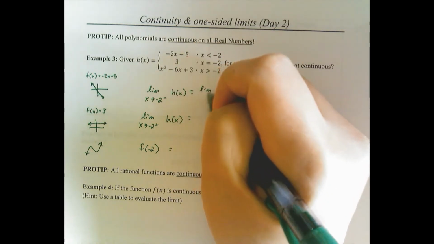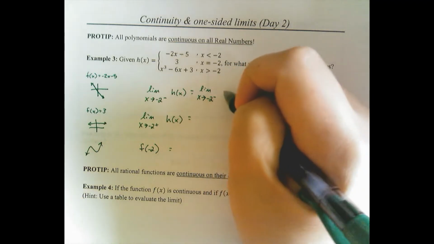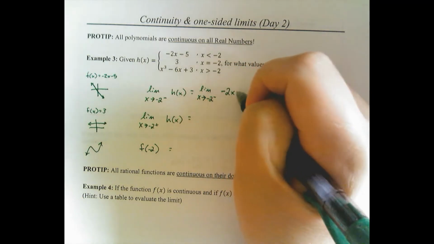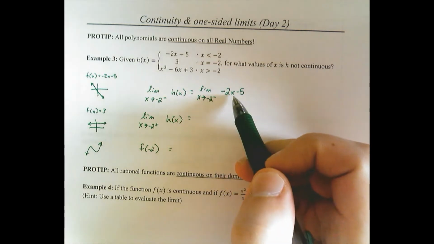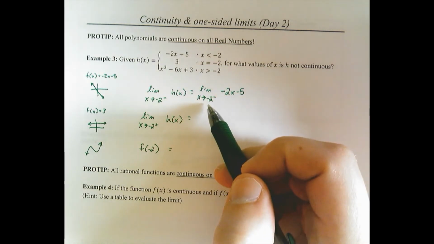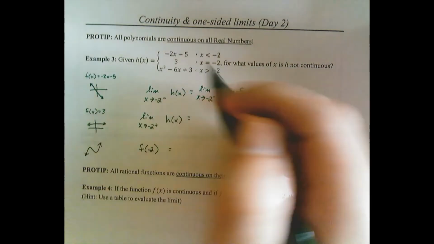So we are evaluating the equation negative 2x minus 5. Through a tabular approach, we could find the value of this. Direct substitution will work as well. Anytime we just plug this number in and get an answer that's not divide by 0,